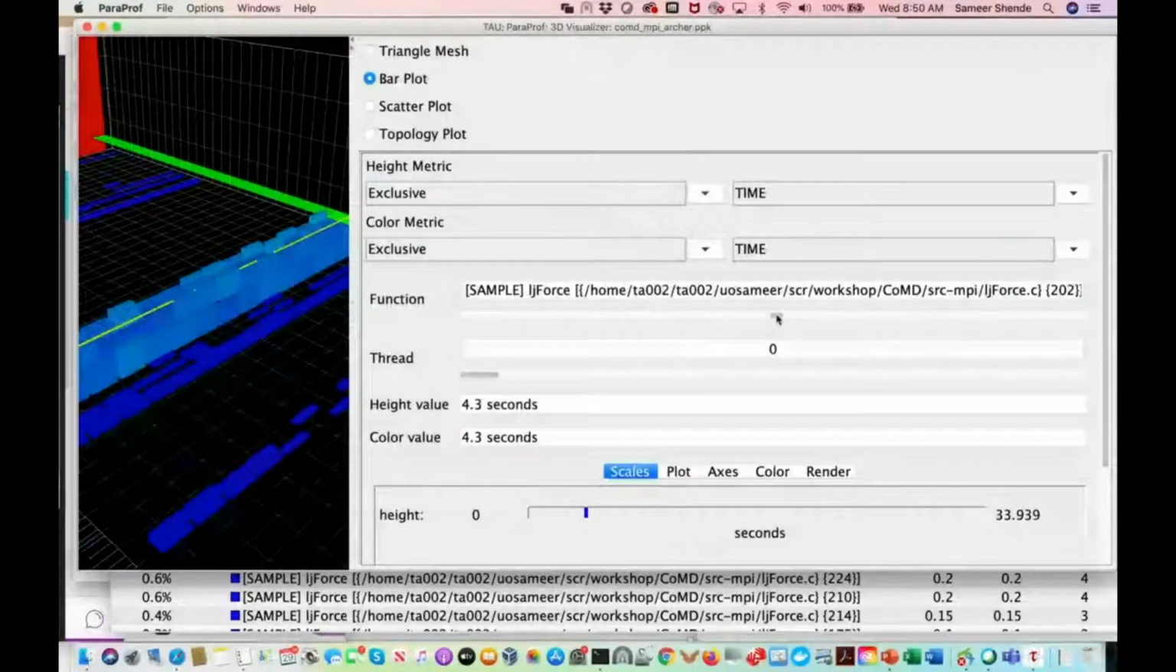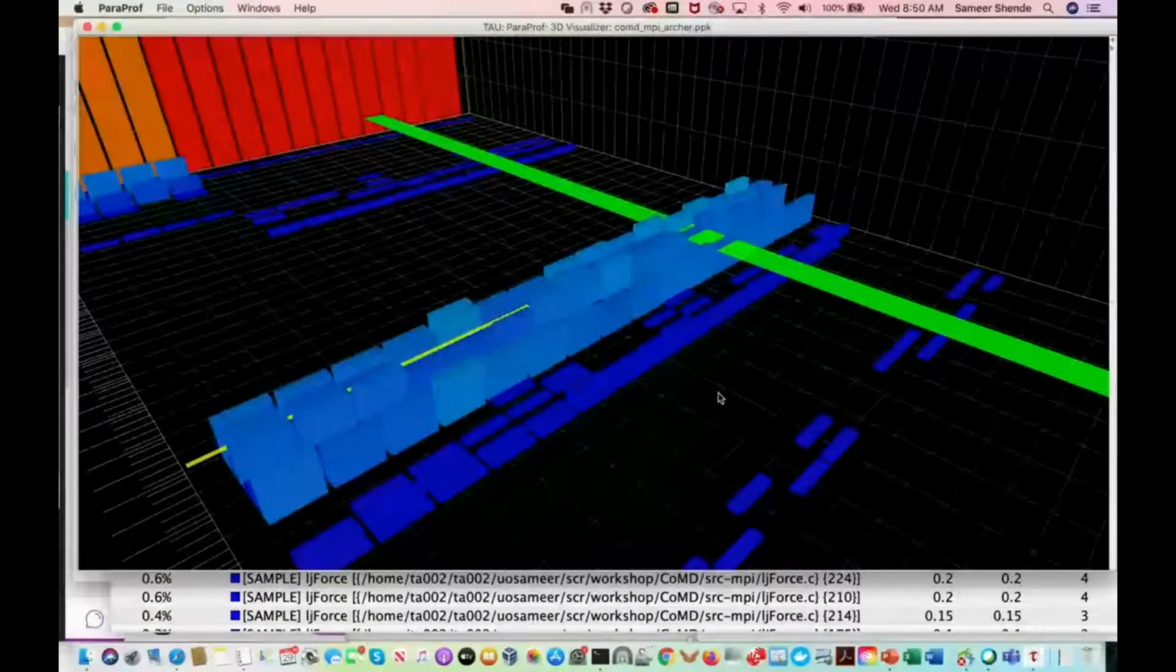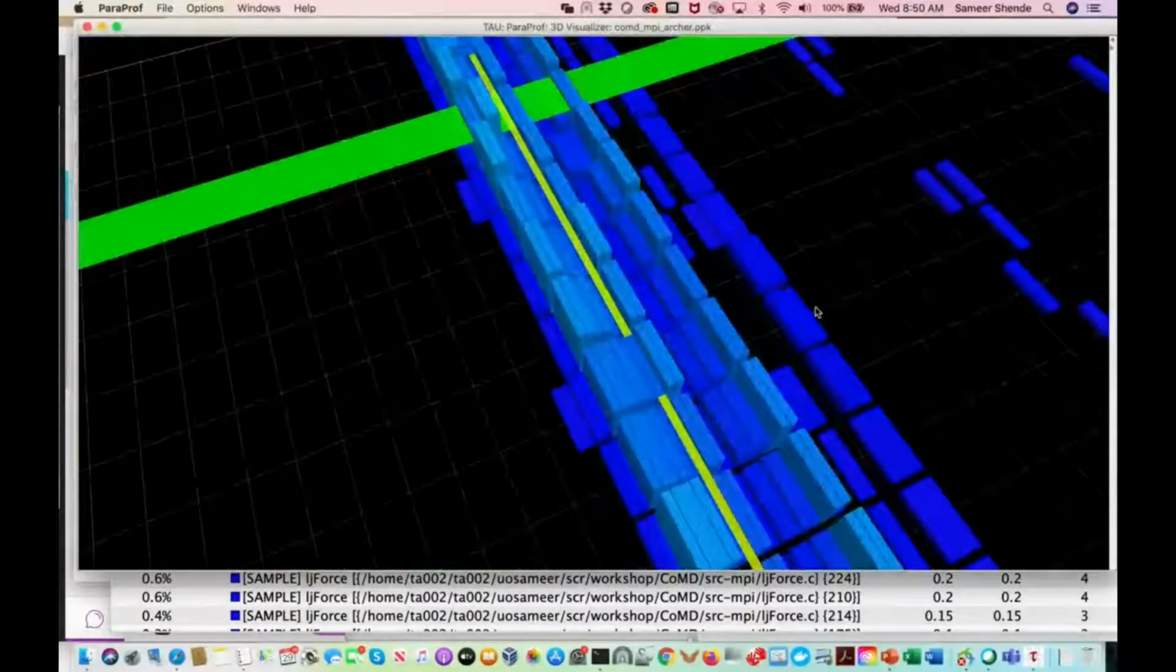(202). The next one over, 206. 199. So this is the line 199. I can look at the thread. And this is the, let me close this. So I can see exactly what that thread looked like